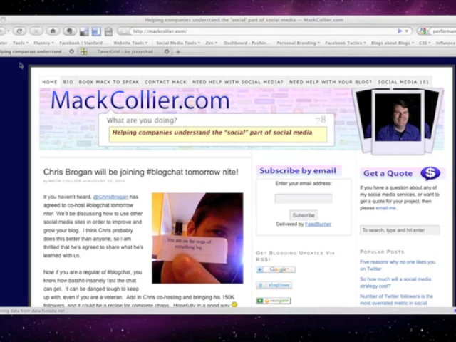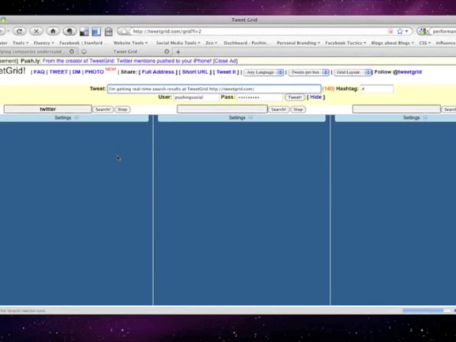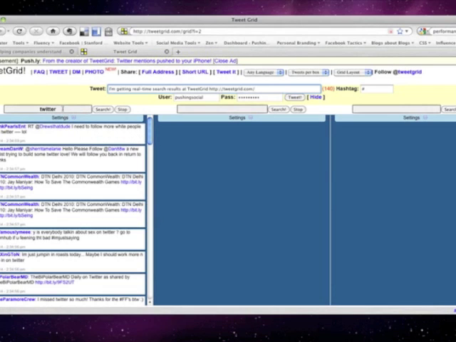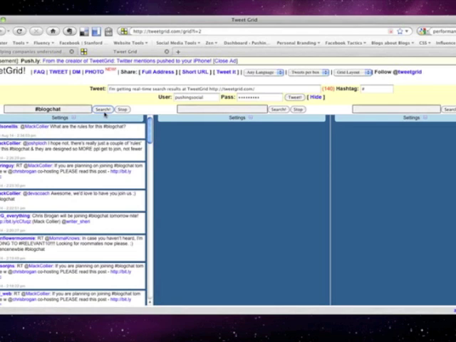So the very first thing I do is I go to a site called TweetGrid, which is at tweetgrid.com, and allows you to set up your own custom window for reviewing Twitter updates. So what I do is I set up a 1 by 3 window here. In the 1 by 3 window, the first one I set up is actually the hashtag for BlogChat. Okay, you hit search. And what this does is that it pulls up the conversation, all the tweets that have